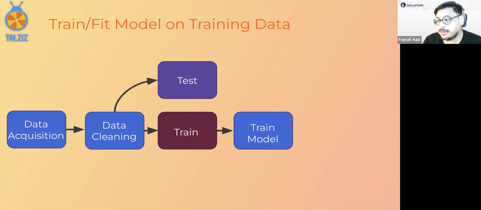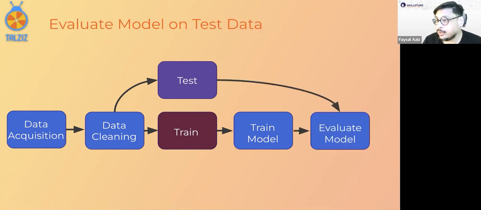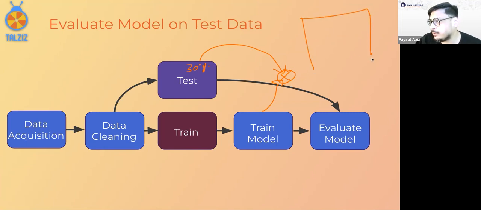Now, once you're happy that it has been trained properly, you evaluate. What does this evaluation mean? Remember that 30% of the data that you had set aside? Now you bring that data back. You take this model, feed this data in, let it work and see what it predicts. Remember, our table had height, weight, length of hair, and it would predict the gender.